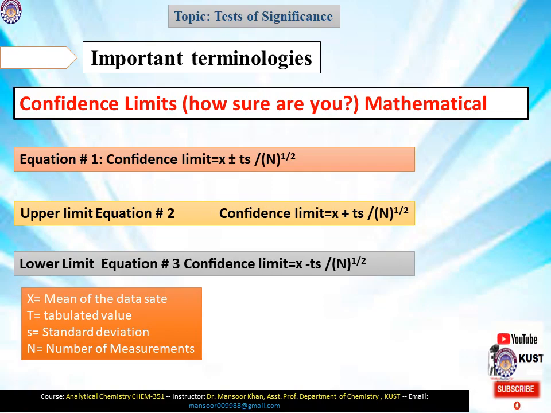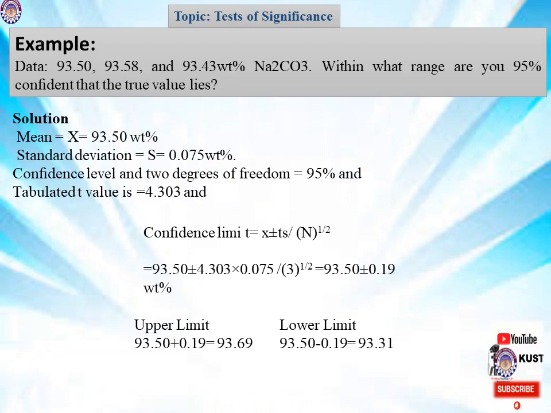Now in the next slide we will give you an example which will explain how the confidence limit can be calculated, how the confidence interval can be calculated, and how we use this in the statistical analysis in analytical chemistry, that where the true, or we can say the accepted value, is present. This is an example which is taken from the book Basic Analytical Chemistry, J.D. Christian.